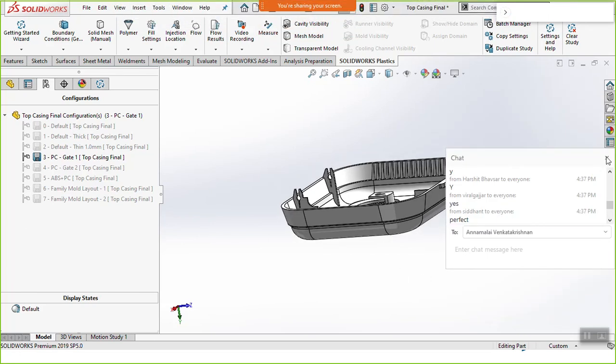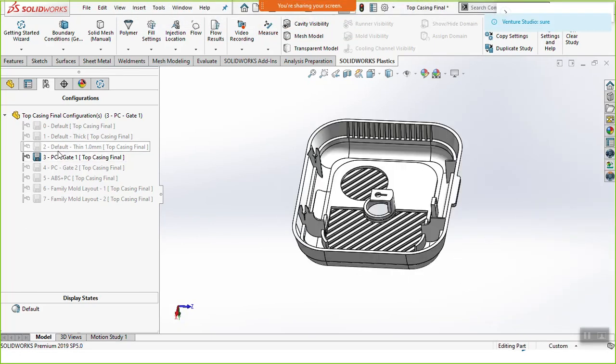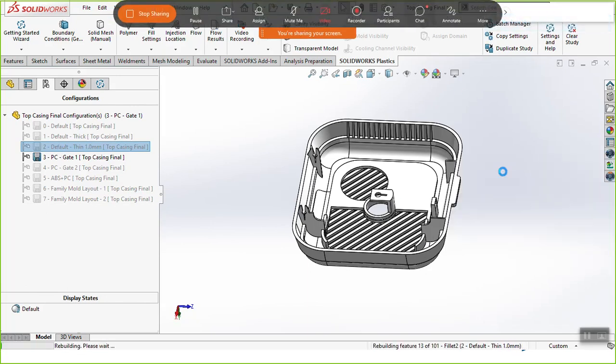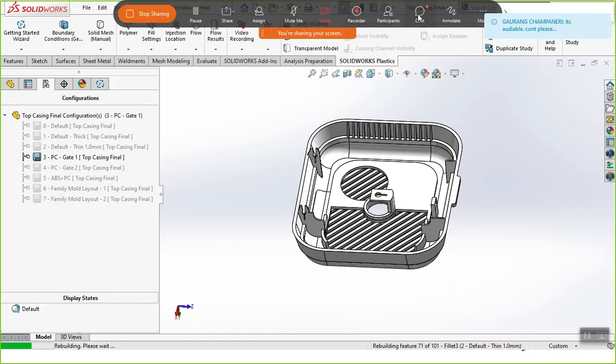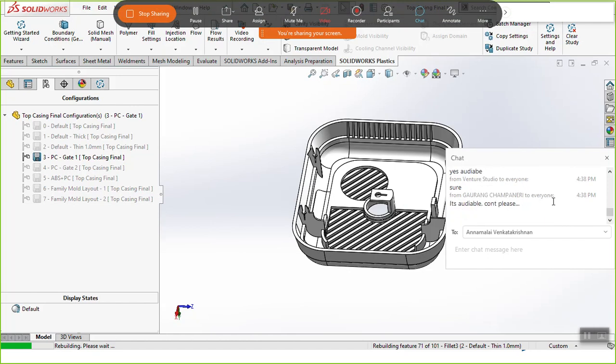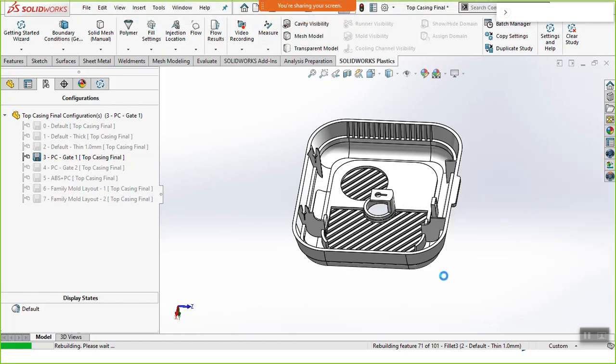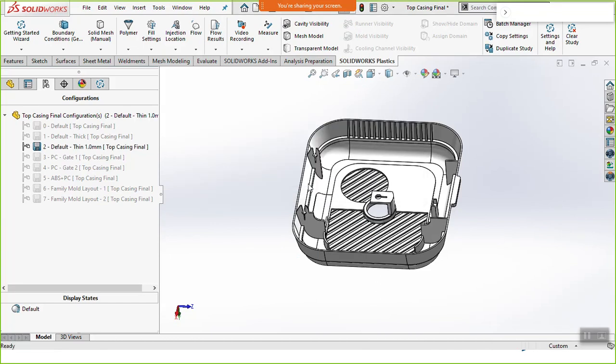Okay, so as seen earlier, my part was not getting completely filled. So I'll just activate that study again where I have stopped and continue the session. So this is my first configuration what I have activated and created the study with the thickness in which I got the short.